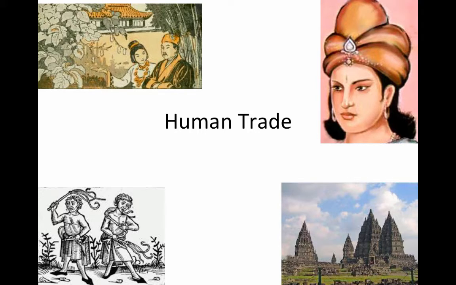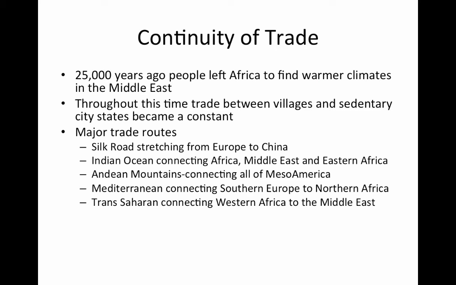If we go back to the very beginnings of human history, when we start to see the ancient hominids that come out of Africa, there was a very brief moment in time in which human beings probably didn't trade with each other over wide areas. But very quickly, human societies are going to begin trading with each other, and it's a continuity that happens over and over again. And it is really significant because human trade is going to lead to the diffusion of ideas, the diffusion of technologies, the diffusion of architecture, and the mixing, or what we call syncretism, of different cultures. So human trade is probably one of the biggest facilitators for change in human societies. So, the continuity of trade.